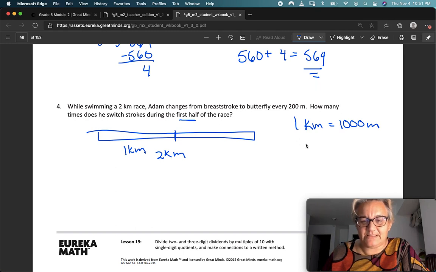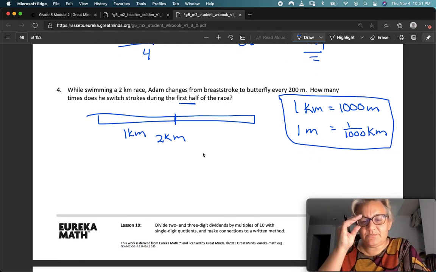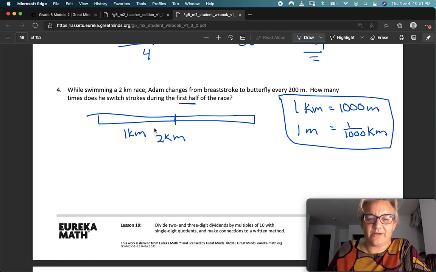That means that 1 meter equals 1/1000th of a kilometer. Okay? Those are things that you should have memorized so that you can convert. And we said that we want to know how many meters are in a kilometer. Well, there's 1,000. We just figured that out. So 1,000